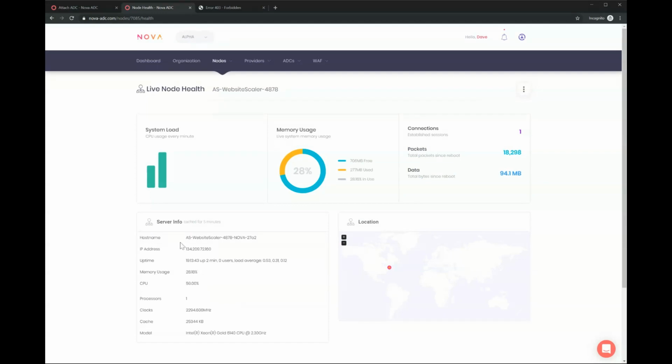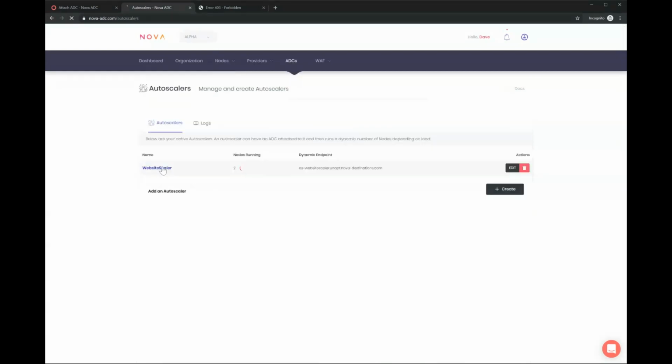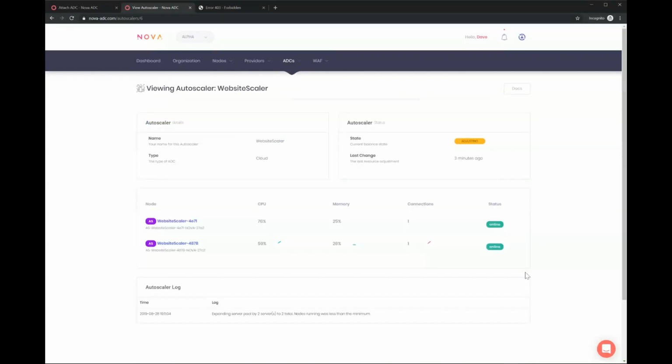And we can now monitor that server's health, obviously, to decide whether we need to scale up or scale down and things like that. And that's all handled automatically for you. So if I come back into autoscalers, we can see that again in here, where they still are and their status and so on. And they should settle shortly. So it just says adjusting. Now it says it's stable. So it's decided that it doesn't need additional resources right now, given the state that they're in, basically.